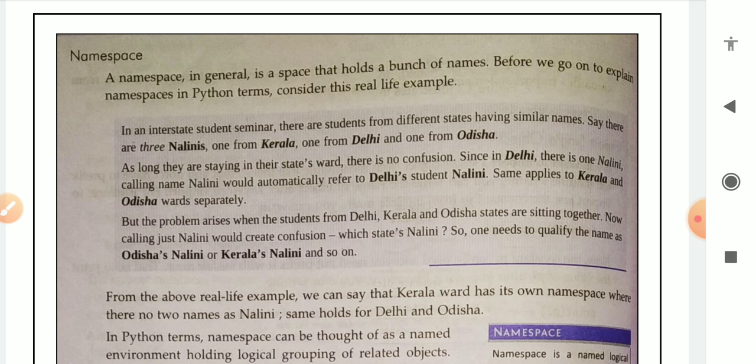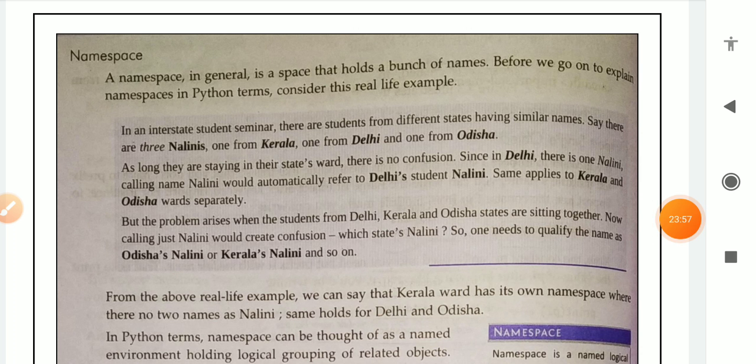We can easily identify that this student is from this state. But when all three students having the same name are sitting in one place, then it becomes difficult because all three have the same name. So we need to identify which state this particular student is from. Along with their name we also have to call their state name.